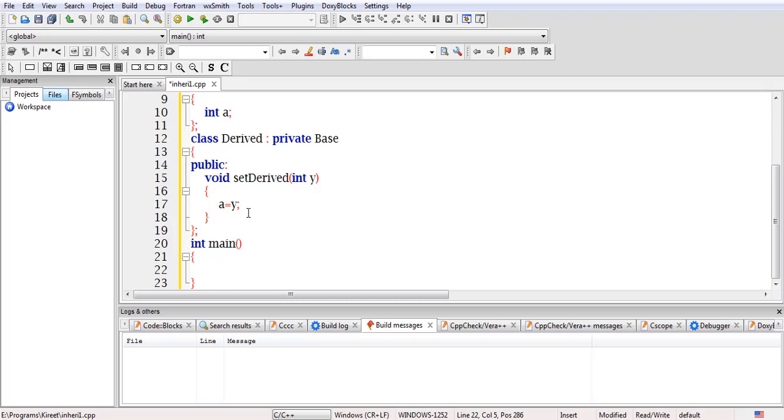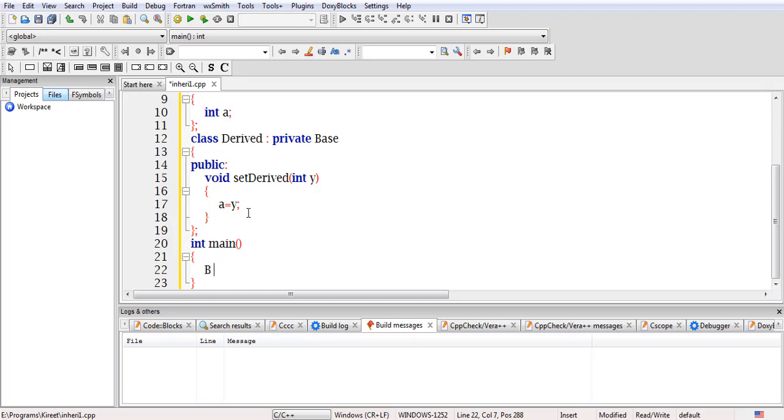This reduces complexity and saves our time by reusing the code. Code reusability is there because the object of the derived class will contain all the attributes of the base class also, as I discussed in my earlier lectures.